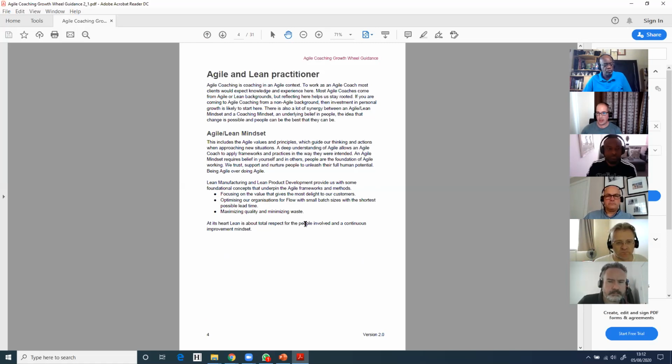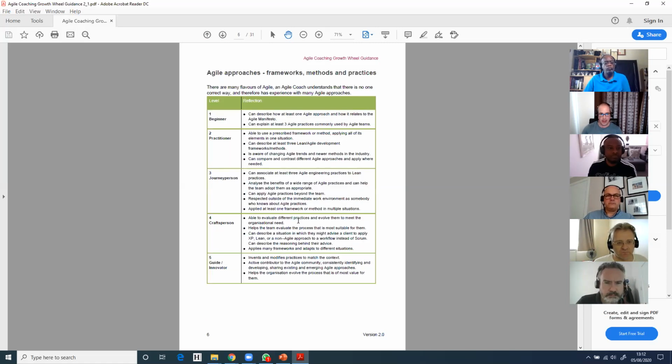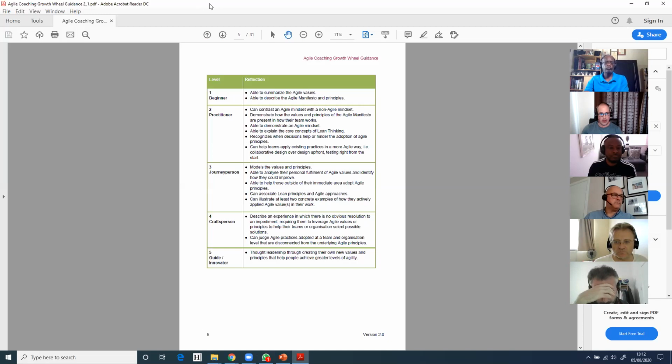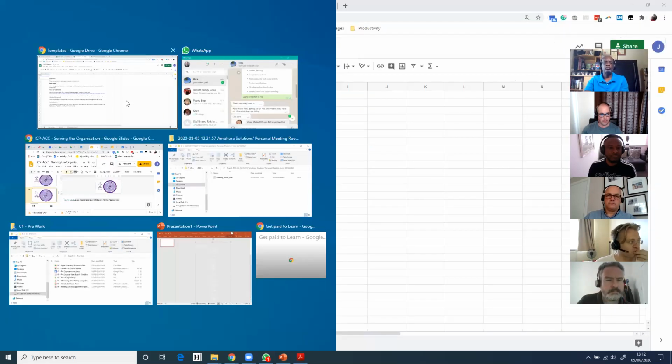And this is in two key areas. There is the mindset and there is the frameworks, methods, and practices that are involved. So in our wheel, I'm just going to open here.